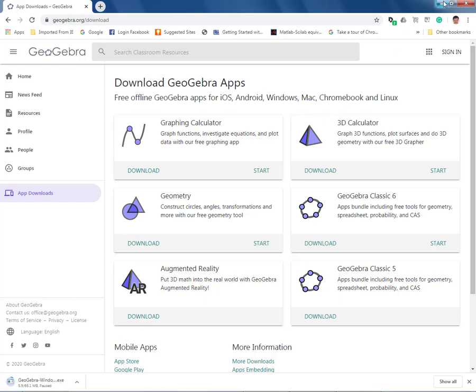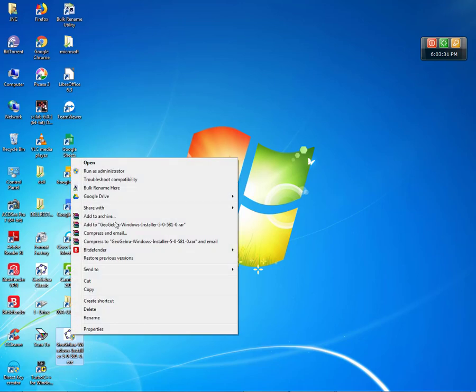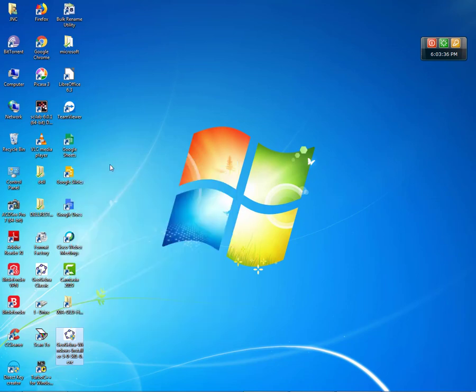As I have already downloaded the setup of GeoGebra, let us use this setup to install GeoGebra on our desktop computer. So we just double click or right click and open the setup exe. When it asks whether you want to install this program on your computer or not, we say yes,